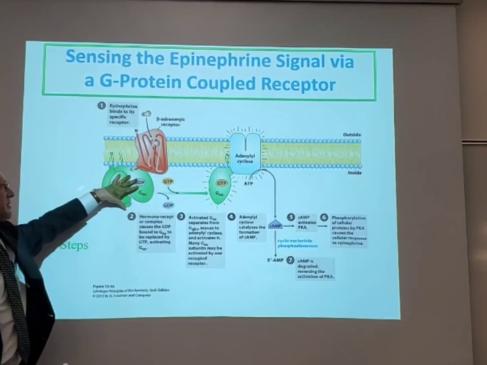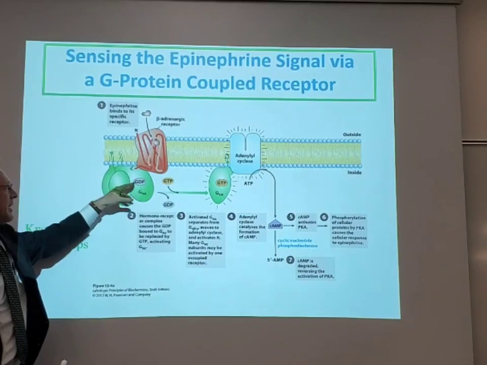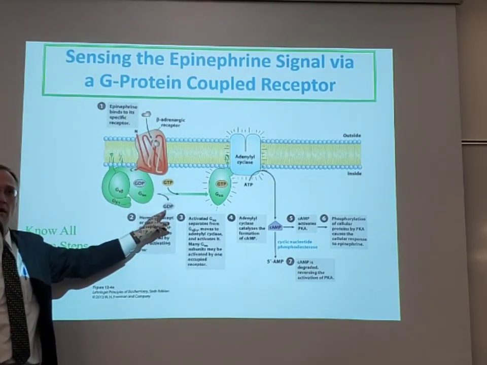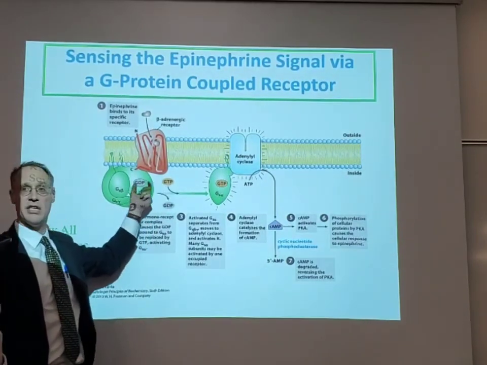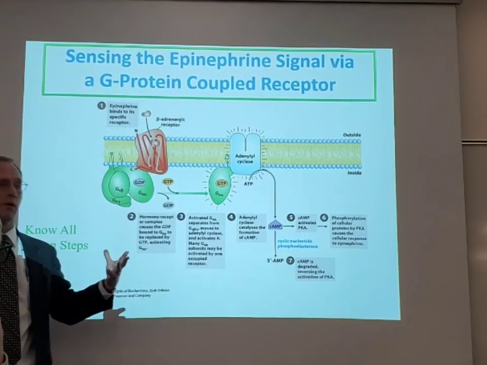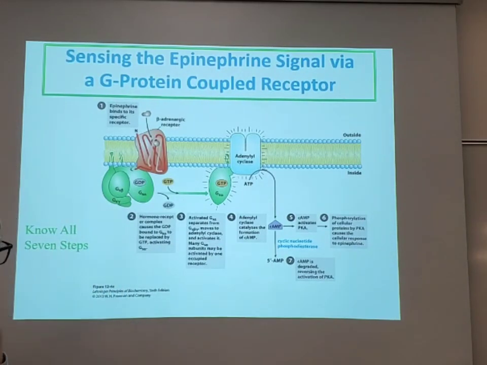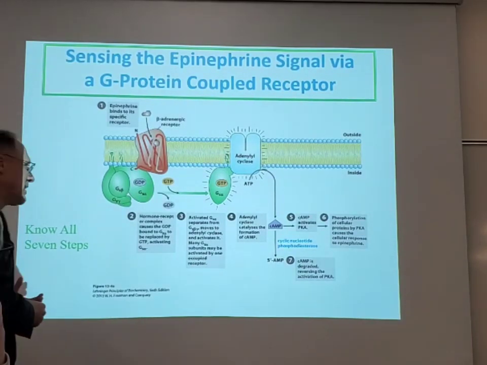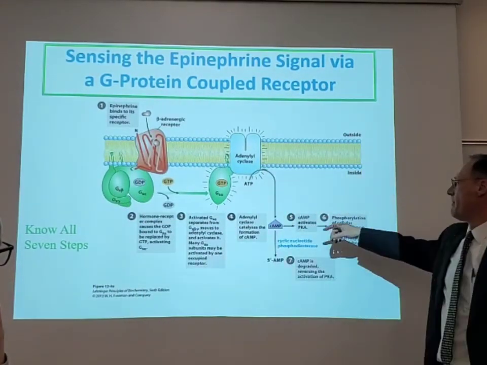That conformational change is going to affect the G protein. The G protein, with its trimeric form, kicks off the GDP and binds GTP on the alpha subunit. When it's binding the GTP, the alpha subunit is released, which then goes over to another location. The one being identified here is adenylyl cyclase, the enzyme that's responsible to make cyclic AMP. So it's a normal adenosine ATP that becomes a cyclical structure. We'll look at that in just a second. That cAMP